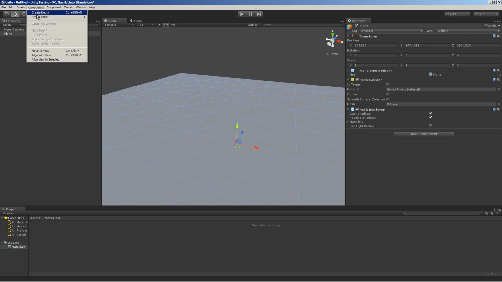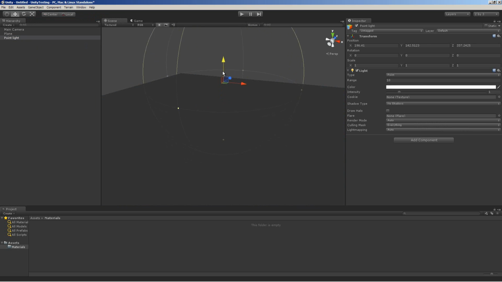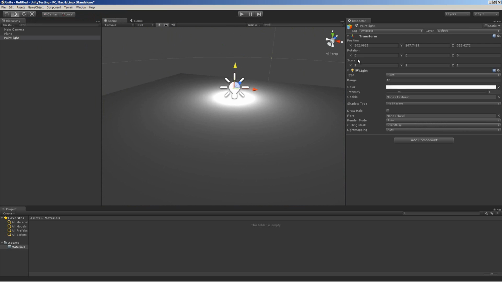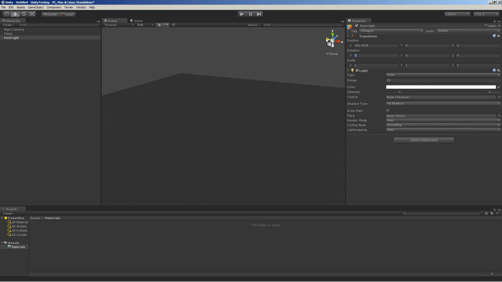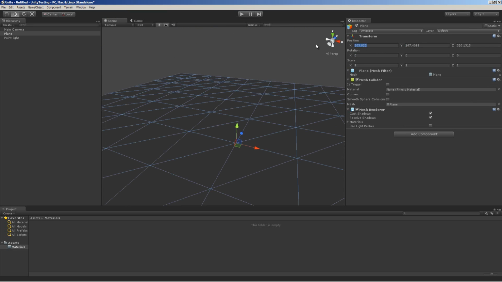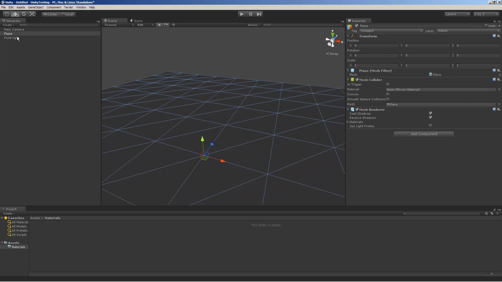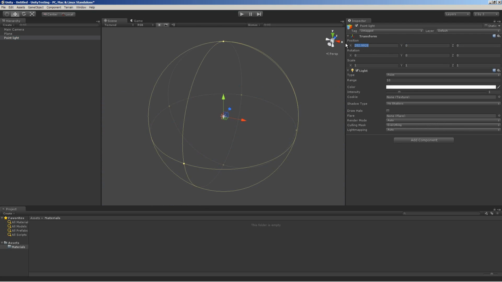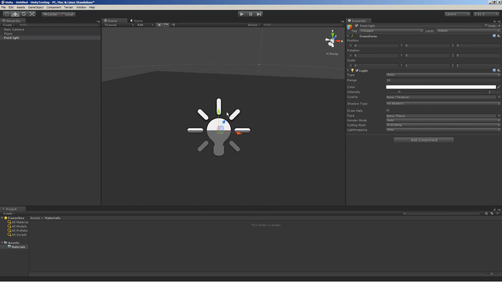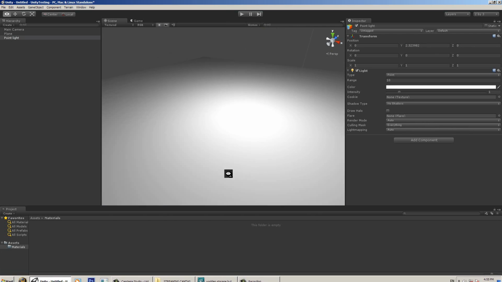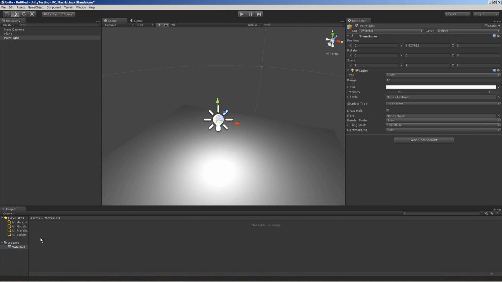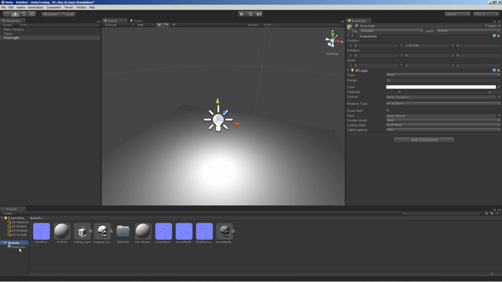And also let's go ahead and create a game object point light and bring it up like so. And you know what, let's zero out the position on the light like so, and zero out the position of the plane like that. Press F and focus on the plane in the scene view. Click our point light, and we forgot to zero out the X coordinate. Focus on the light and it's right there. Bring it up so that it shines above the plane,